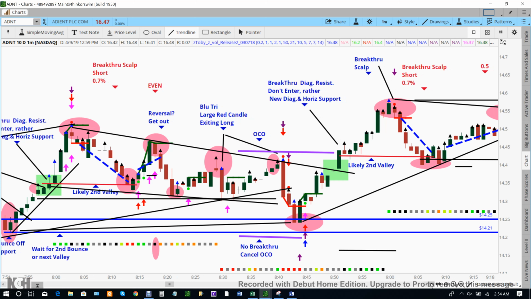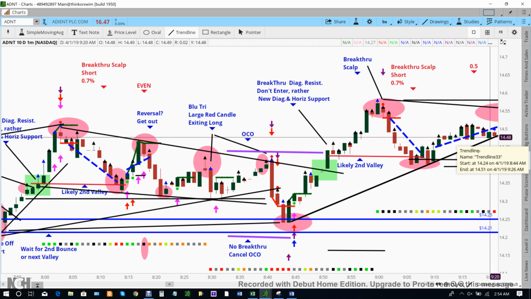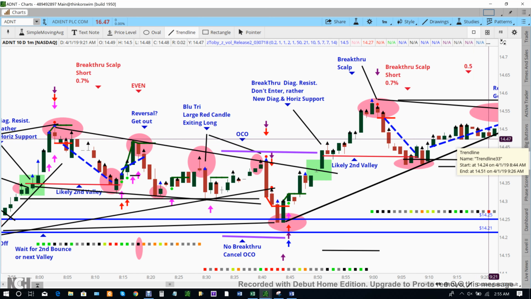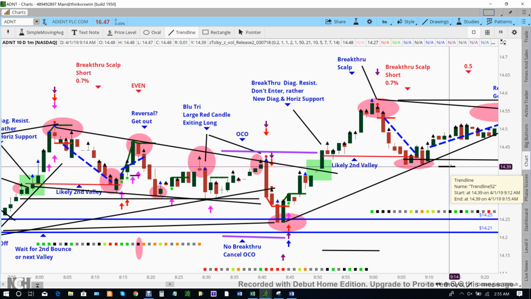And it's moving up. Okay, so now we have a diagonal line too. It's this diagonal line, right? And so now it bounces off because we have a point here, a point here. It's bouncing off that diagonal line, and now it bounces off here, and we can think about moving our sell stop up from being a loss up here